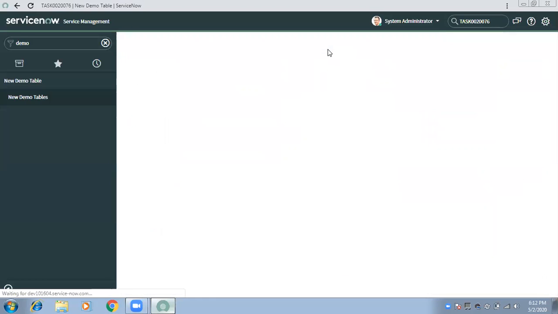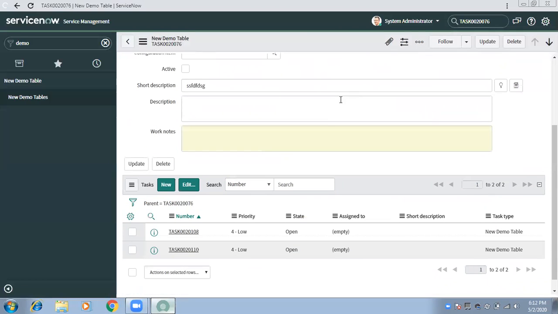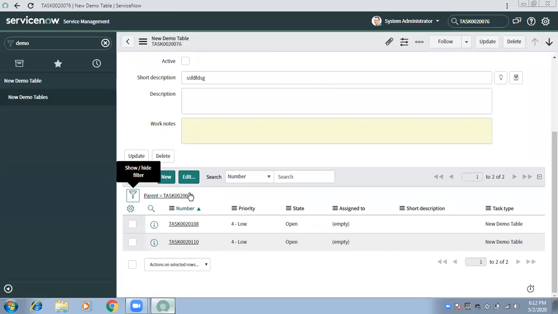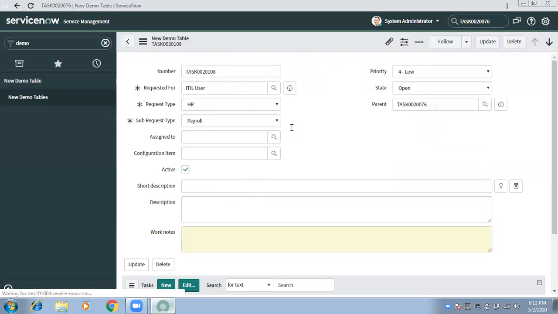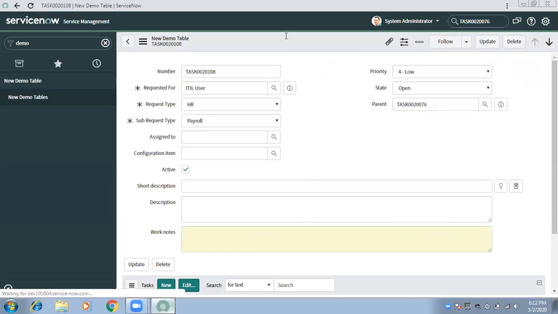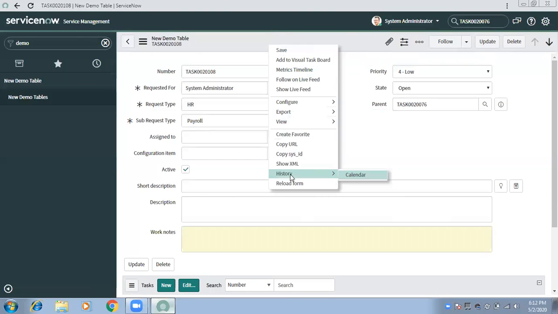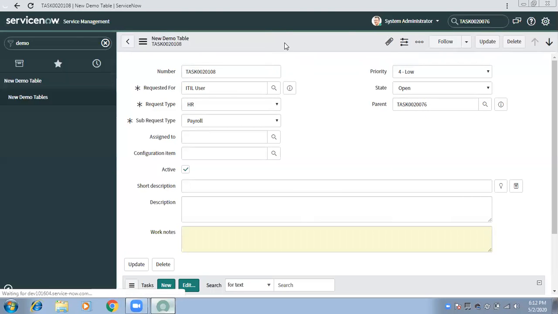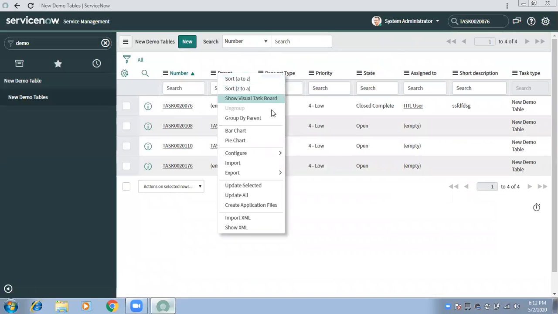Now if I go down here, the state is still showing open. Yeah, that's open. So maybe there is an error. Yeah, still it's not updated. You wrote it before business rule?